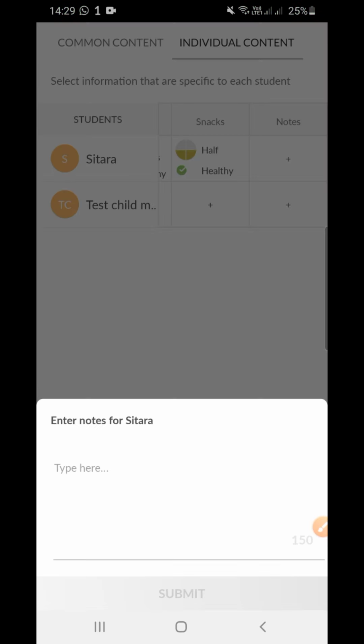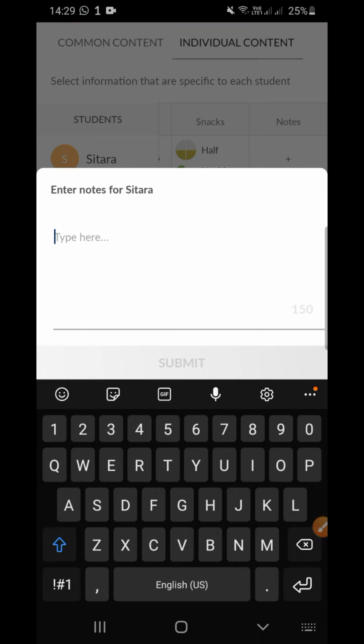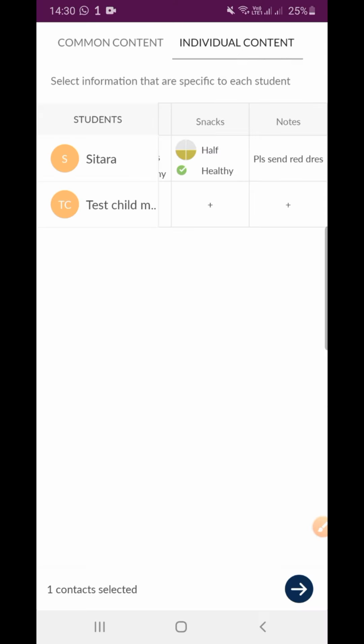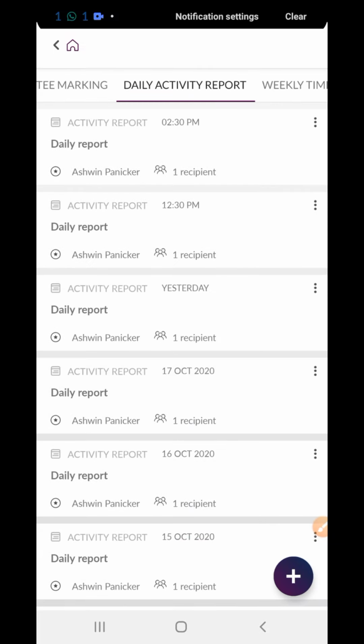You can eliminate the whole system of having a diary by having your app on one. Everything can be digitally sent. So imagine if you have to print a diary or purchase a diary, and diary costs at least 20 rupees per student, and if your school or your center has around 500 students, the cost of diary alone is 10,000 rupees a year. And the cost of your app on one is way less than that, and it comes with a lot more features. Once you create the report, you send the report, and as you can see, the report is sent out to the parent or the student.